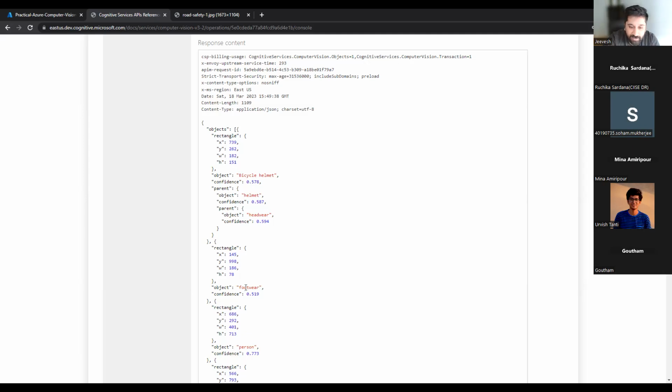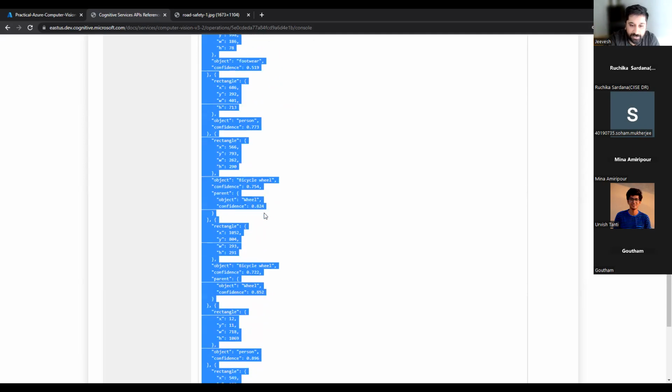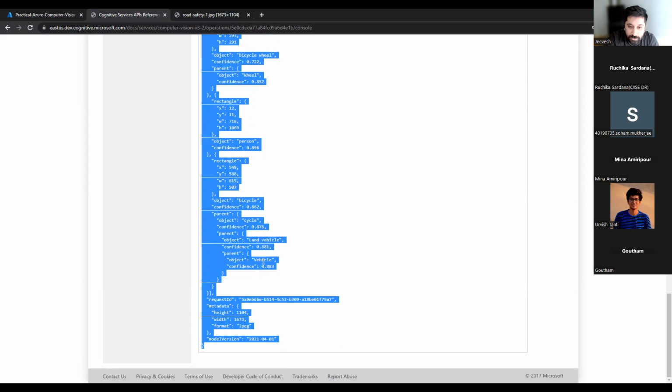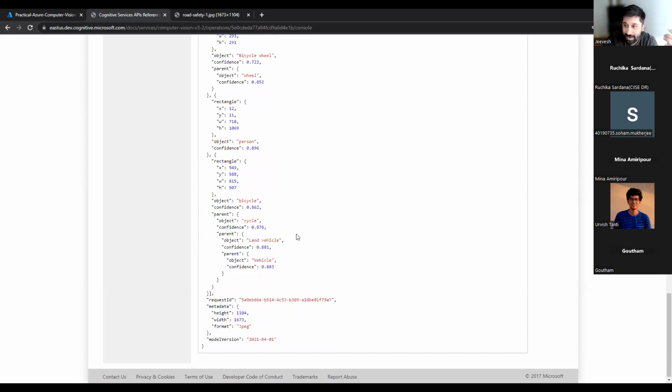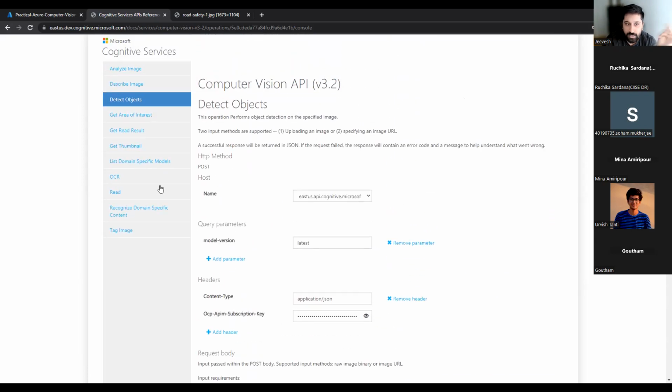And in this area, we have the footwear. In this area, we have the person. In this area, we have the bicycle wheel. You can see, the data that it is doing an analysis for you, we did not train it. So understand this. When we're using the computer vision service, we have multiple services that we could be using as a part of the computer vision API.